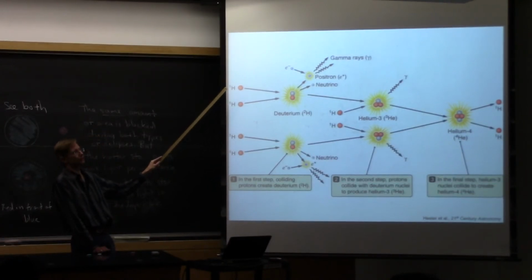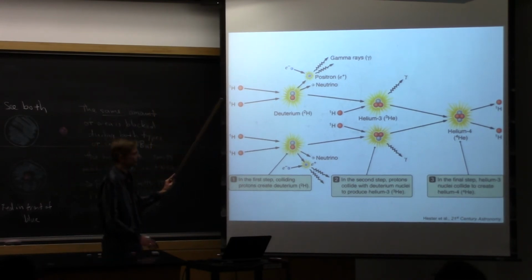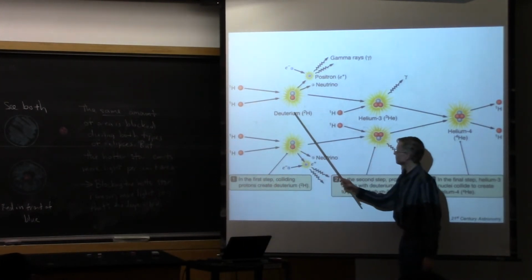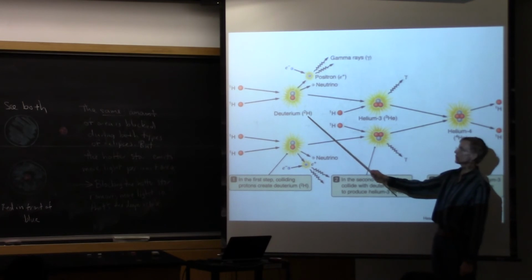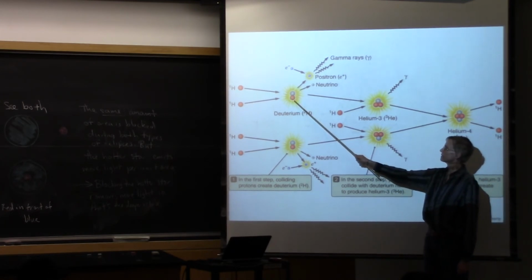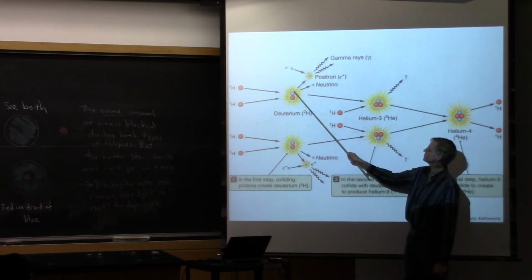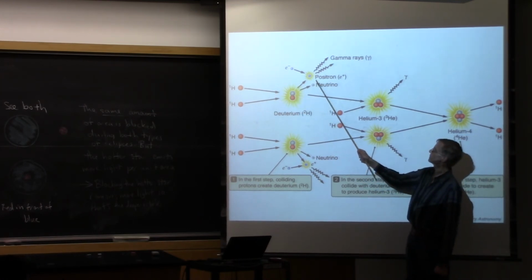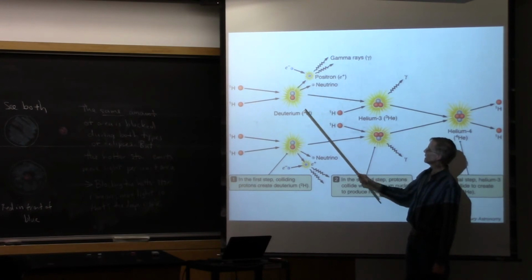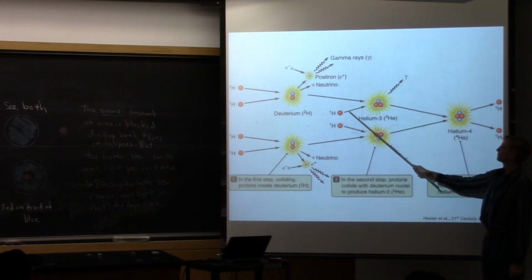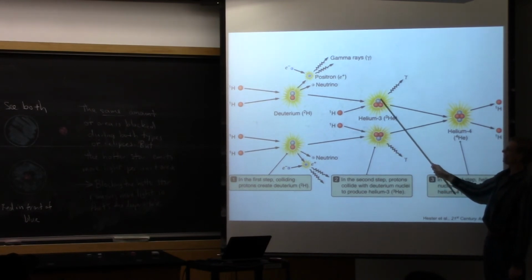Hydrogen has 1 proton in the nucleus, so a bare proton is a hydrogen nucleus. The 1 means there's only 1 particle in the nucleus. Hydrogen means that 1 particle is a proton. 2 protons collide and make a deuterium nucleus, which is still hydrogen because it's only got 1 proton. And it's only got 1 proton because one of the protons turns into a neutron by spitting out a neutrino and a positron. And then the deuterium smacks into another proton and forms helium-3, 2 protons and a neutron, and